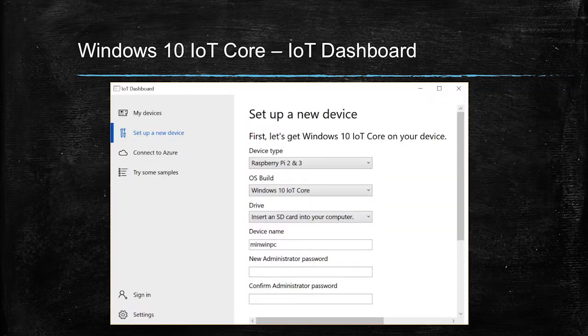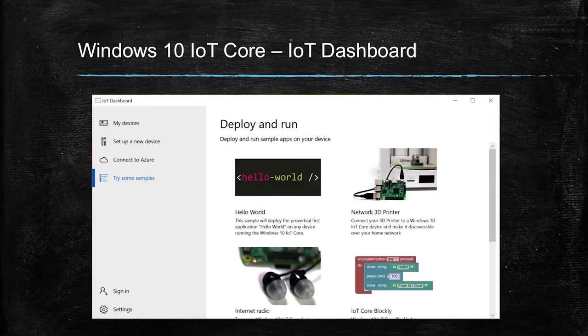And how do you download and install IoT Core on your device? You simply get the IoT Dashboard app, which is a small app, and then you go to set up a new device, which guides you through the whole installation process. It's pretty straightforward, and you can quickly deploy Windows 10 to your device, and even try some sample applications to get an idea of how it works.